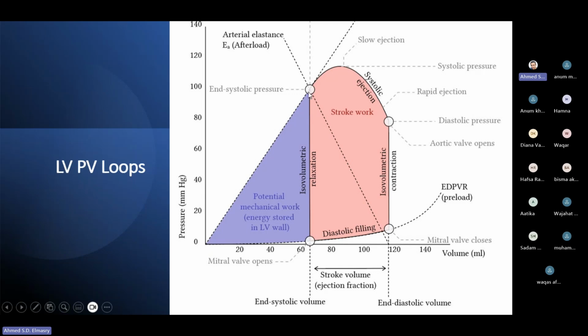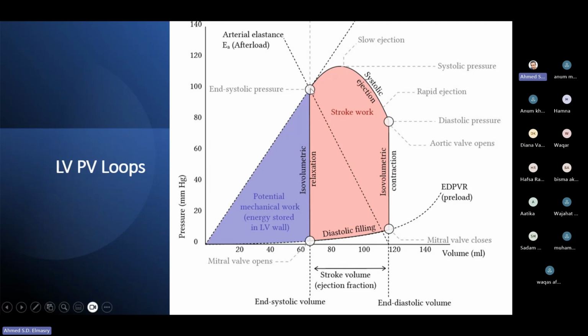And it reflects the cardiac function of the heart, which is called the ejection fraction of the heart, and also it is a surrogate of the afterload of the heart. So if this point has been changed in this direction, that means the preload state of the heart has been increased, and this happens if the patient is having diastolic dysfunction. So the preload state of the left ventricle will be increased,